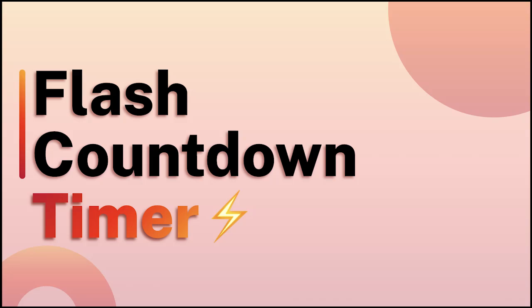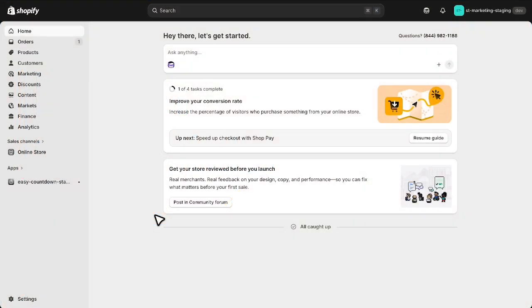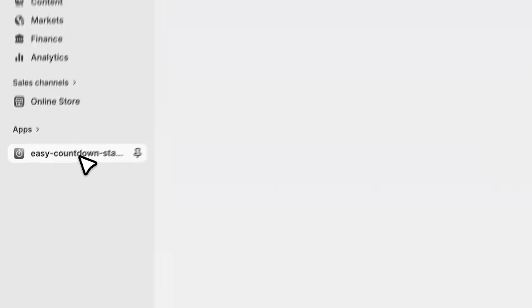If you want to add urgency to your store and encourage more customers to complete their purchases, Flash Countdown Timer is a completely free app that lets you add customizable countdown timers to your Shopify store with no code needed. Let me walk you through how easy it is to get started and create a countdown timer that fits your